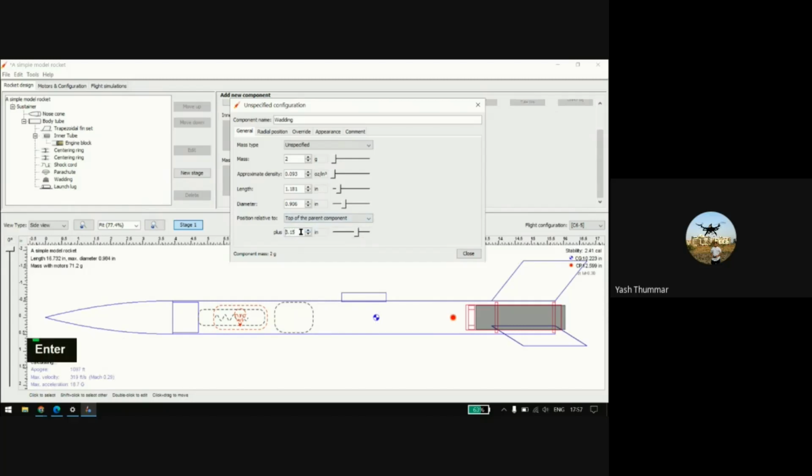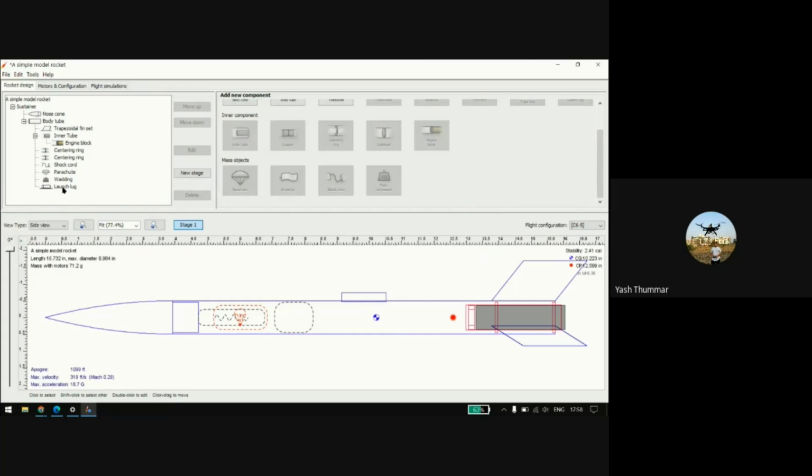So you will find all things if you change anything, and you know the basic thing about this: to maintain the stability of the rocket and control it, the most important thing is the CG is ahead of the CP. Okay, so the CG is on the upper side of the CP, to maintain the stability and control all things. That's why we put the fins and the payload on the upper side, so the CG always stays in the upper side. Okay, this is about adding the mass component, and now it's the launch lug.